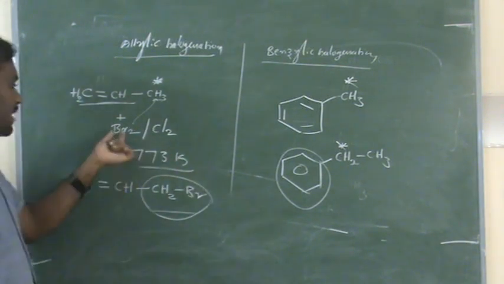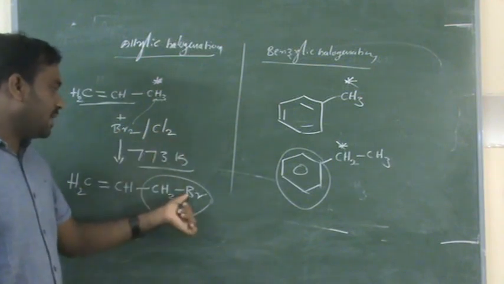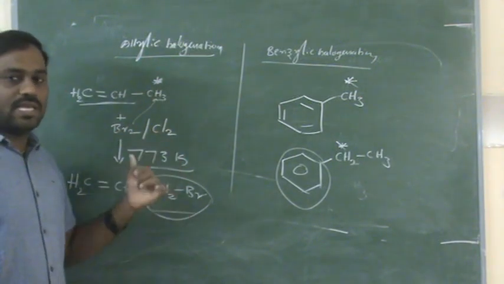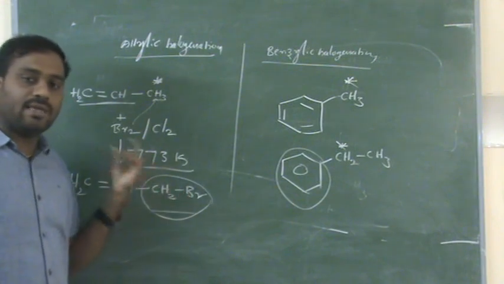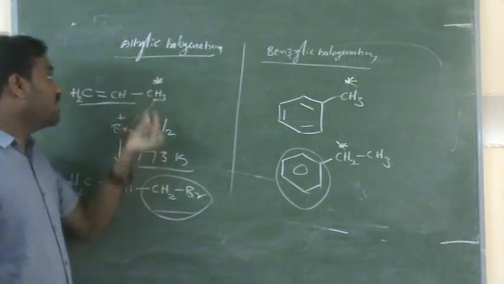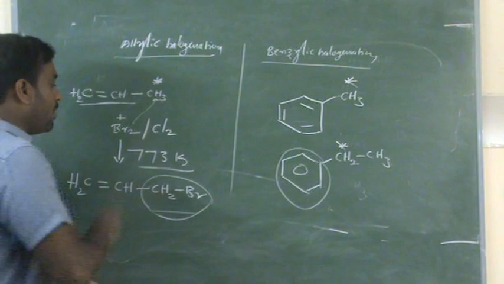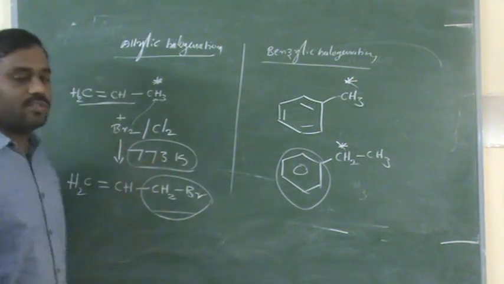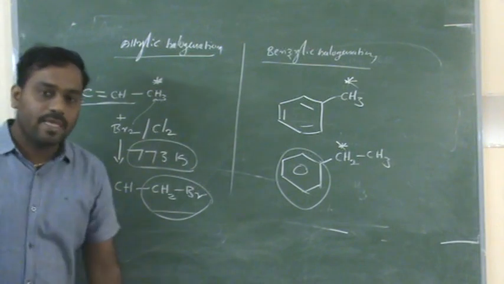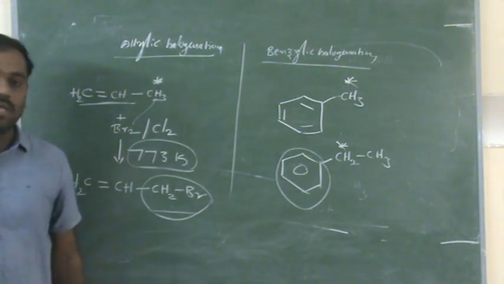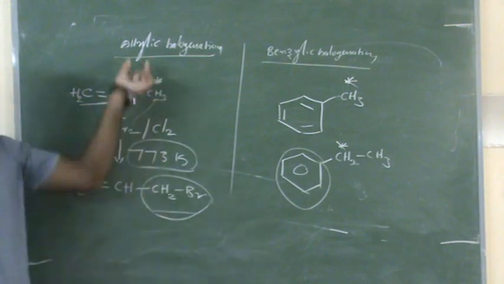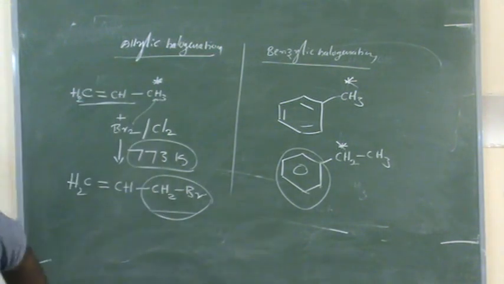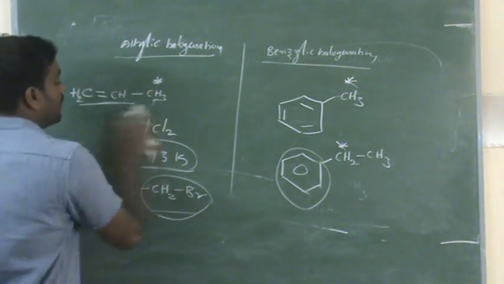Where is the Br attacking? If you take Br2, Br attacks; if you take Cl2, Cl attacks. It attacks the allylic position. This is the allylic position. That's why it is called allylic halogenation. Keep in mind, either Br2 or Cl2 at 773 Kelvin temperature gives allylic halogenation. There is another case of allylic